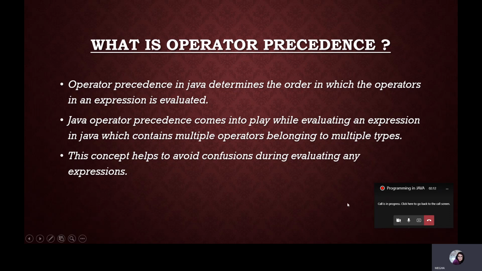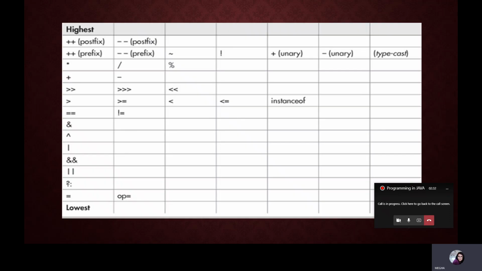Sometimes in an equation, a set of operations has to take place. Many operators will be there in our equation. In that, which operator should be evaluated first? This confusion is clarified by operator precedence. That is, we have a table. In this table, it shows which operators are given higher preference than the other operators.